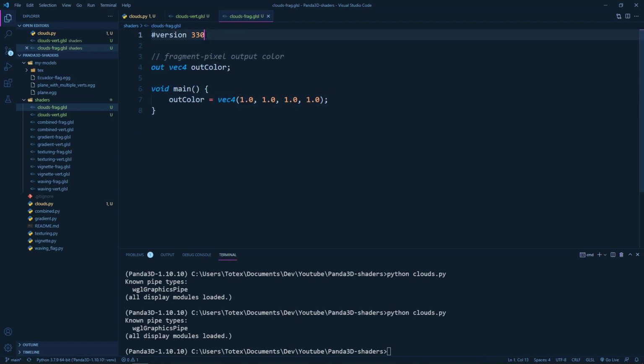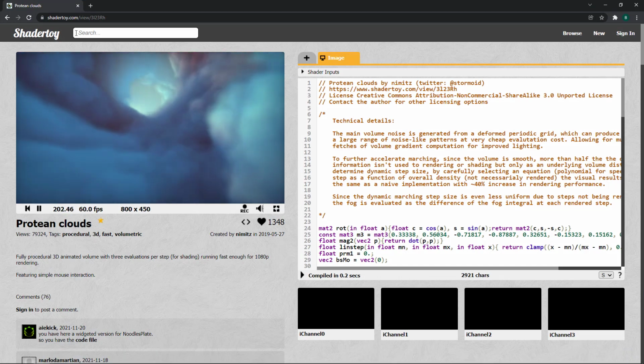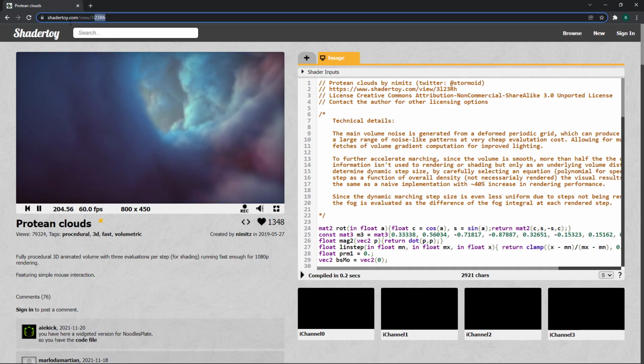So for now we are just setting the GLSL version 3.3.0, creating an output of type vec4 called outColor, and setting the pixel outColor to pure white, so 1, 1, 1 and 1, so red, green, blue and alpha. So the first shader we are going to use, you will find it on this link,